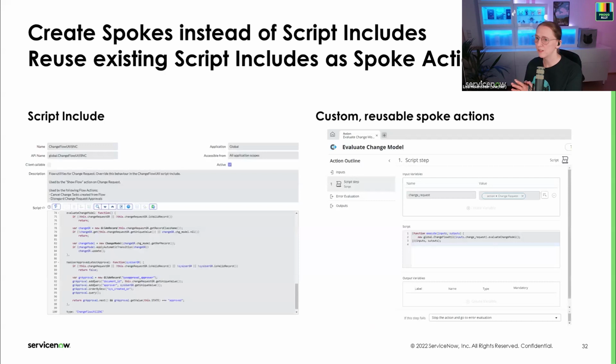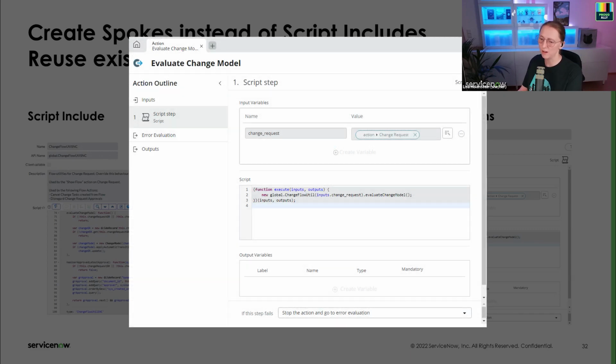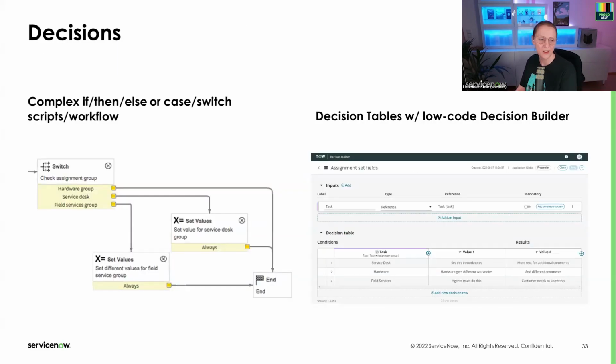Creating spokes instead of script includes, or reusing script includes in spoke actions. Mentioned a couple of times. That's one of the bigger use cases when you migrate incrementally. And then if you give it a speaking name, it'll be so much easier to use in your flows going forward. So decisions, I've talked about this, replacing scripts or switch statements with decision tables is so useful because the